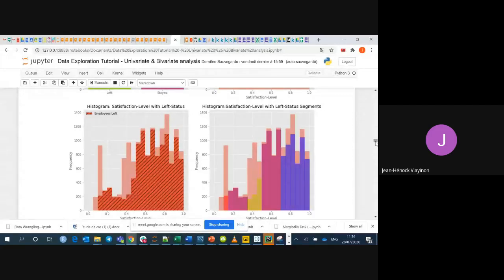I want you to be a conceptor, not just a technician who will just run the question they provided to him. I just want you to think: if I have my data set, because that's why I was talking about the satisfaction variables, you look at the data set, what are the most important variables? Here we have satisfaction, we have the left status. So let's explore those two variables compared to the other variables. Let's make some hypotheses. To make the hypothesis, you have to start exploring from the beginning.